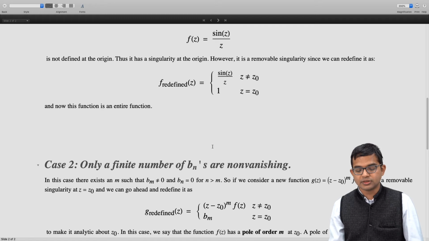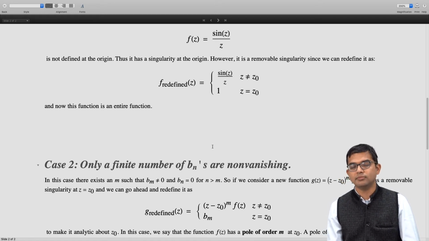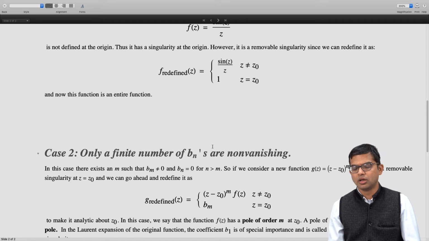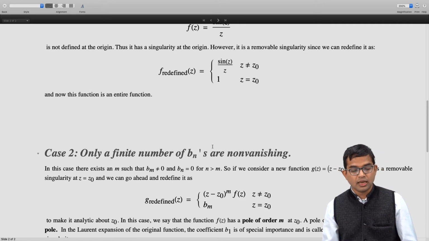And so in this case we say that the function f of z has a pole of order m at z naught. A pole of order 1 is called a simple pole. We have encountered simple poles, and so in the Laurent expansion of the original function,